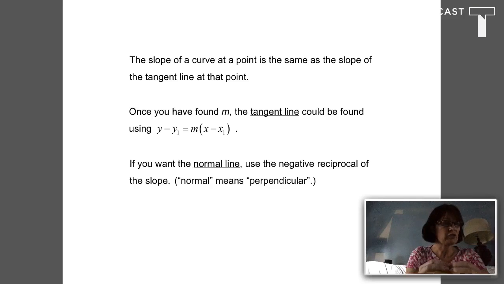Once I evaluate that limit expression, I know the slope, and I can find a point by plugging the a value into the function to get the y value that goes with it. So then I'll have an ordered pair, and I'll know the slope, and I can use point-slope form for the equation of the line. If I am asked to find the equation of the line normal to the curve at